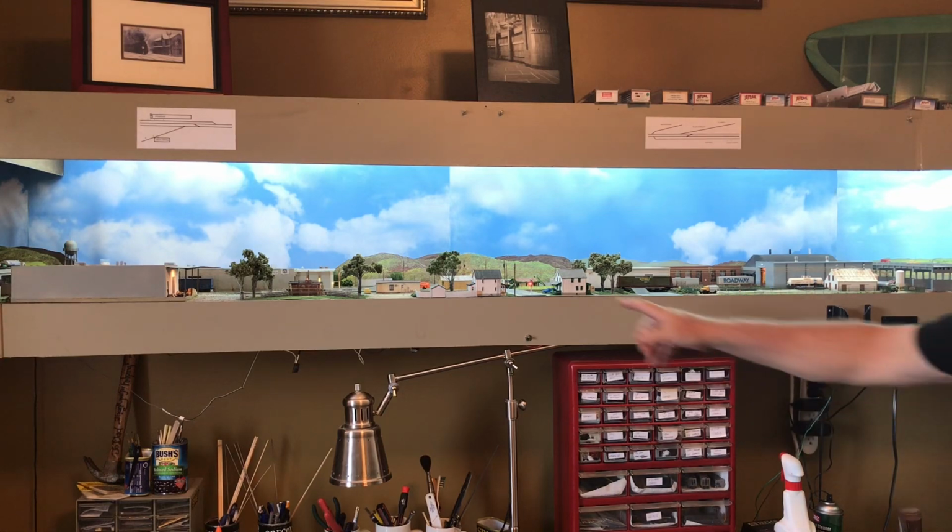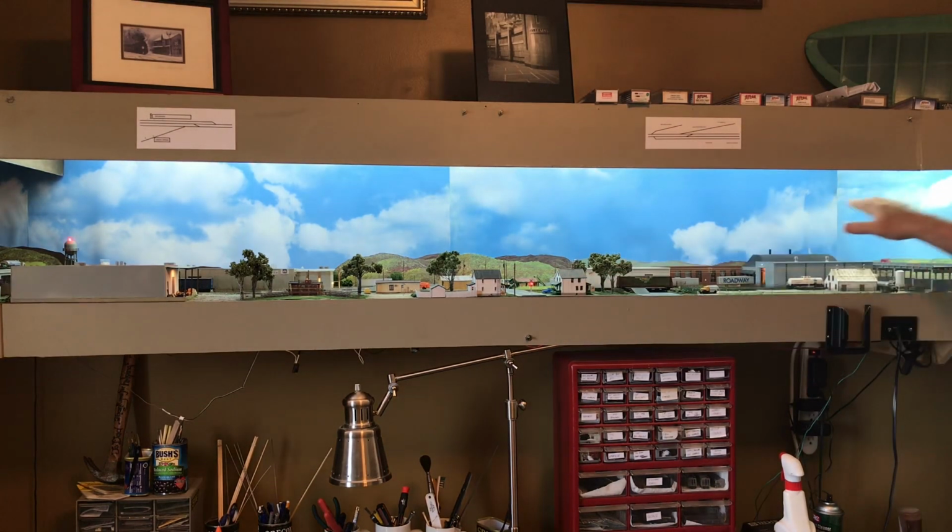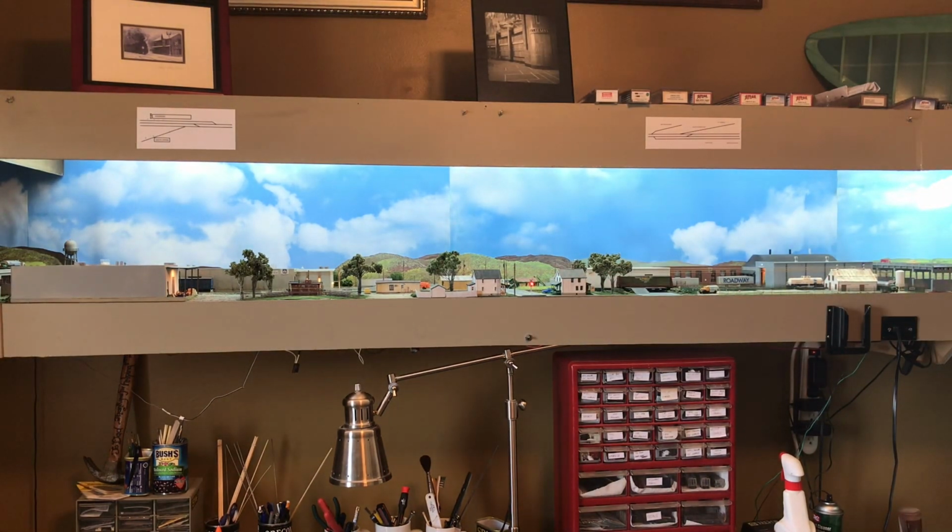So in reality, this whole thing is the east end of Chillicothe. So this is Douglas Avenue. In reality, the yard is down here. There's one more, a big grain elevator, then there's Watt Street, and that's where the yard was, where the engines came out of. So when it was in the other room, I could do that. I could say I'm coming out of the yard, doing my switching, going back to the yard. It just worked out better this way to have